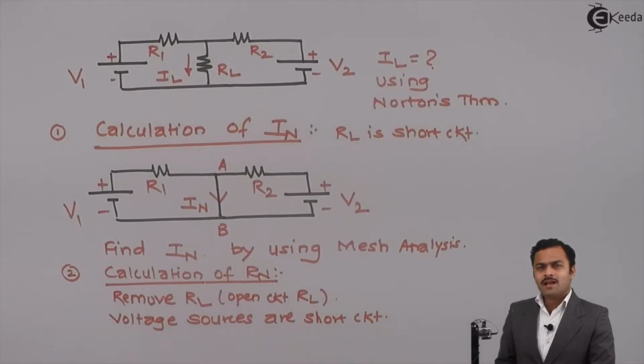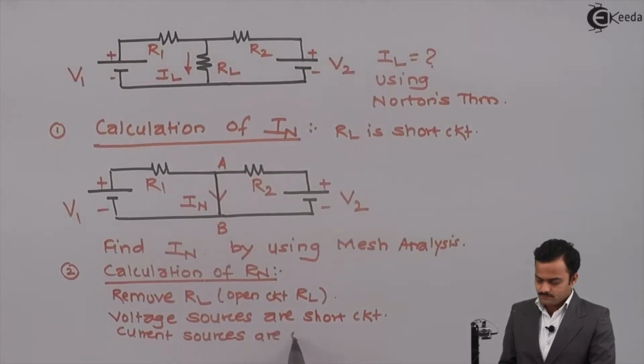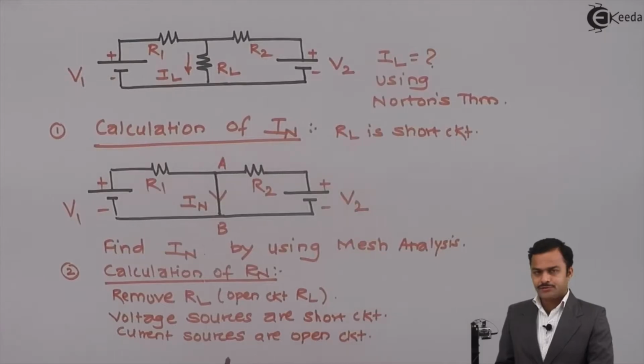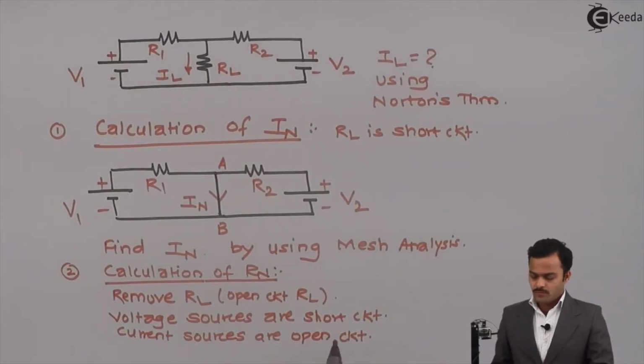Though here we are not having a current source, in general, if a current source is present, we need to replace it by an open circuit, because the internal resistance of an ideal current source is infinite, and infinite resistance means open circuit. So if I apply these modifications to the original circuit, I will get